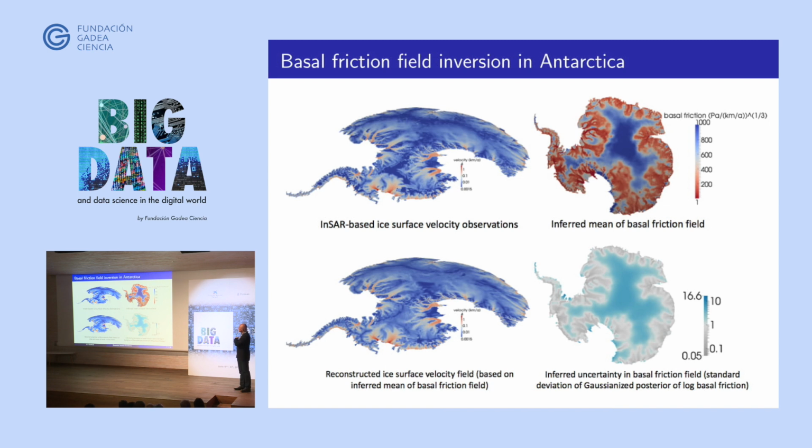Okay, so here's a third problem. I'll go more into depth as a case study later on, but I'll just briefly say that what we're trying to do is model the flow, predict the flow of ice in Antarctica. The observations are synthetic aperture radar, so that gives us this velocity everywhere at the surface of the Earth, and we're trying to invert for the boundary condition at the base of the ice.